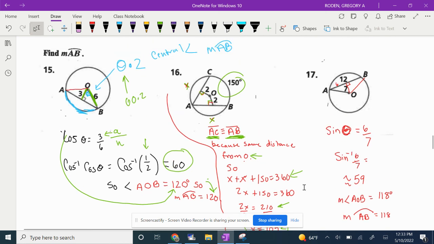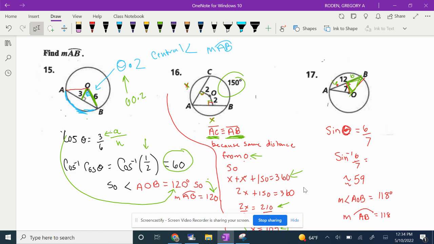Now, number 17, I say, okay, this one, I looked at this triangle right here. And I know that since this is a right angle, this splits it into equal parts, which is 6 and 6. And so I know the sine. Now I'm using sine because I have the,